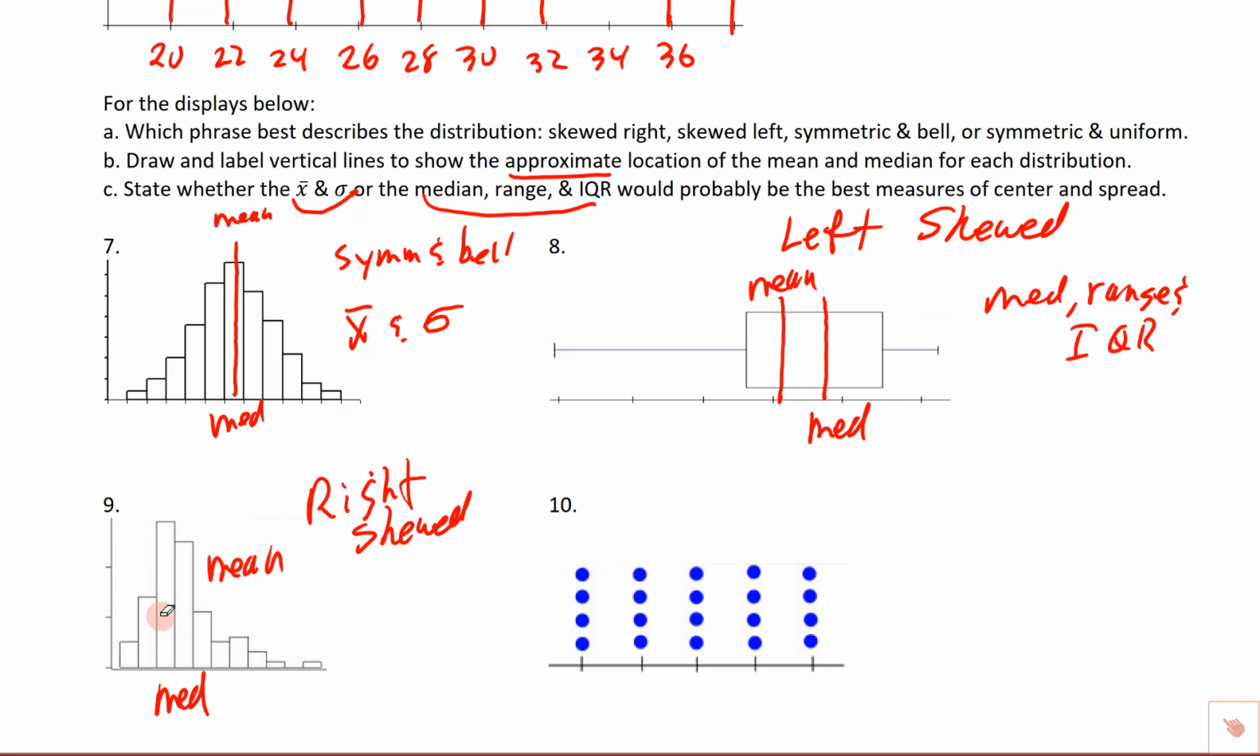And again, those lines are really crappy, so I'm going to redraw those. Okay, so I'm going to draw that so it looks like this. That looks a little better. And then maybe the mean about right there. And then this one, we also need to say what we're going to use here. Because this is skewed, we're going to use the median, the range, and the IQR. And IQR. That's going to be our measure of center, and range and IQR are going to be our measure